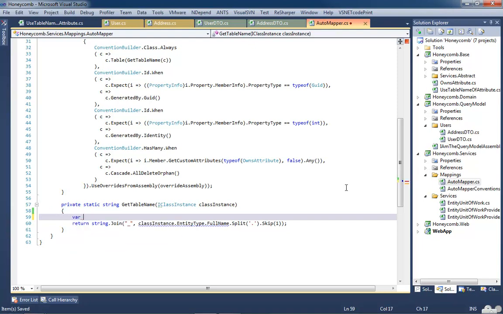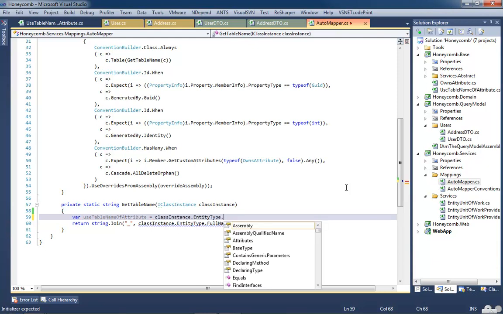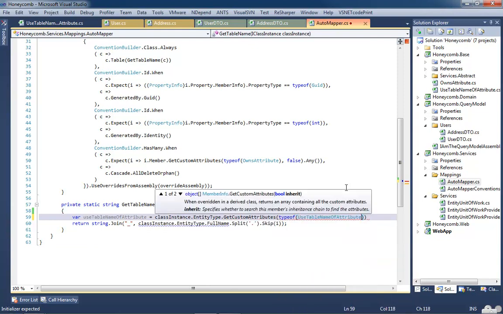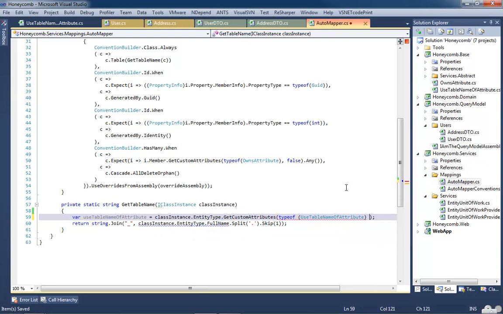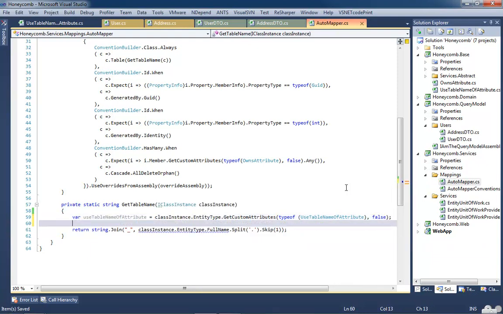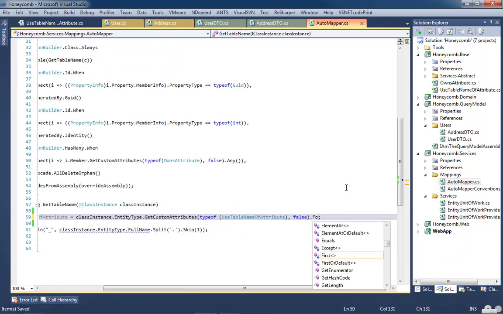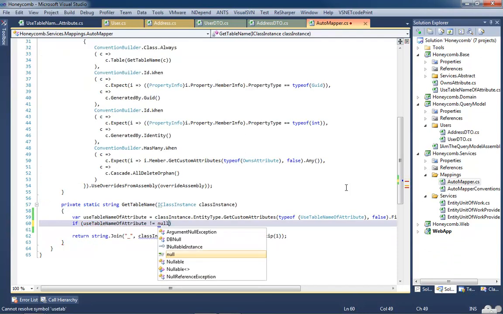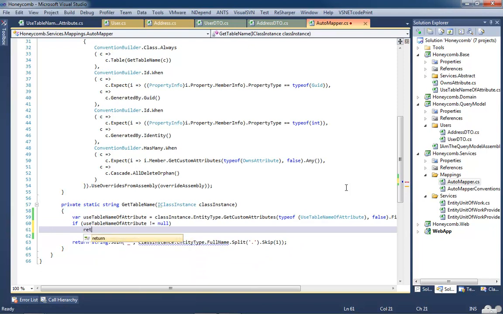So useTableNameOfAttribute equals entityType.GetCustomAttributes(typeof(UseTableNameOfAttribute), false), no inherit, and then we'll just want FirstOrDefault. And then we're going to say if useTableNameOfAttribute is not null, then we're just going to return,